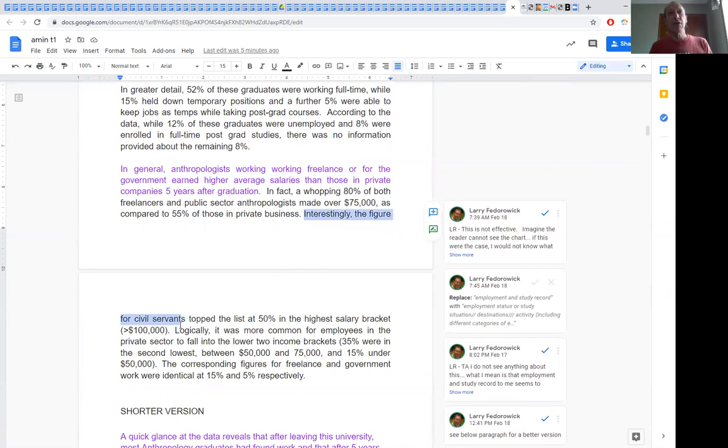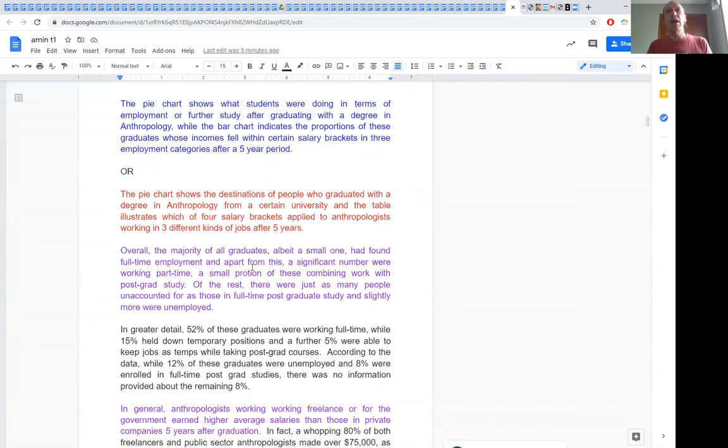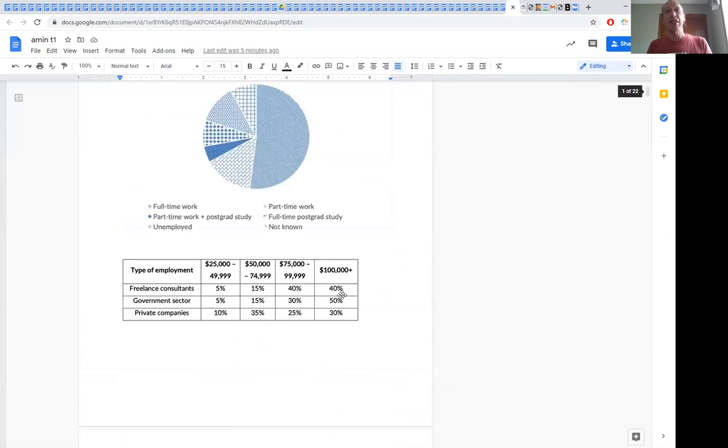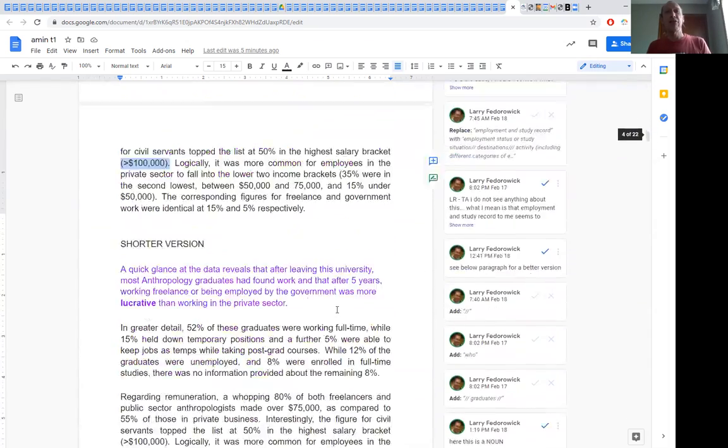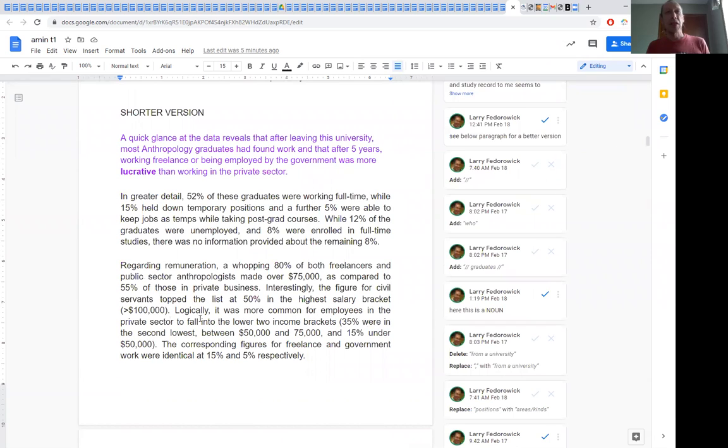Interestingly, the figure for civil servants, meaning government workers, topped the list at 50% in the highest salary bracket, over $100,000. Okay, so we're looking at the top one. So there, I did mention the 50%. You'll see I do mention those in my original version as well. But I thought, well, you know what? I think it's okay to maybe not mention them if we're trying to run out of time here. So then I put